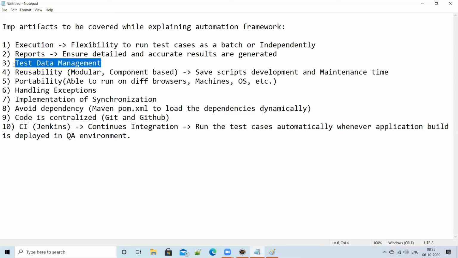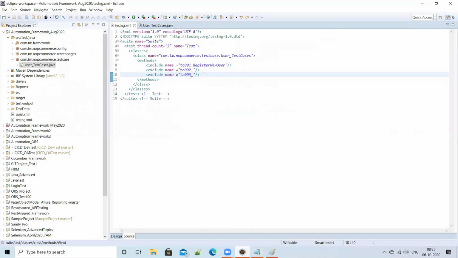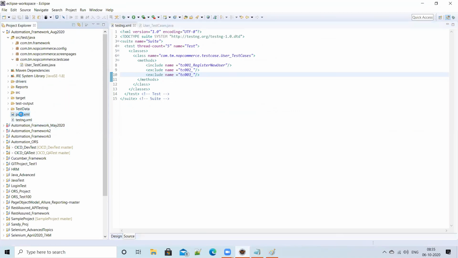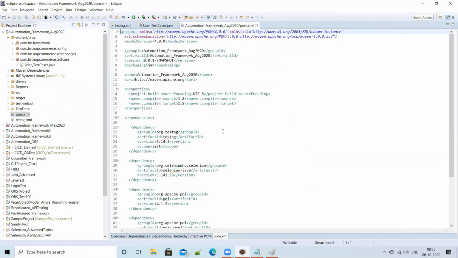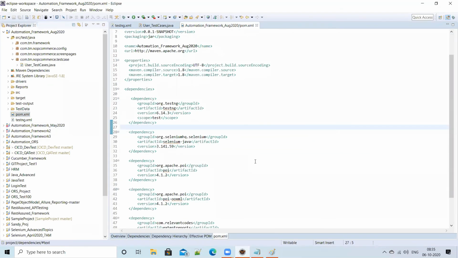And Maven you are using, definitely it is an advantage, right? So I need not add the libraries manually. So tomorrow if I want to change the version of Selenium, should I reinstall everything? No, you just go to pom.xml and then change the version. For example, you want to use Selenium 4.0, right? Or you want to use a different version of Extent Reports, or a different version of HTML. What do you do? Just simply go and change it here, guys. Change it and then build the Maven project.